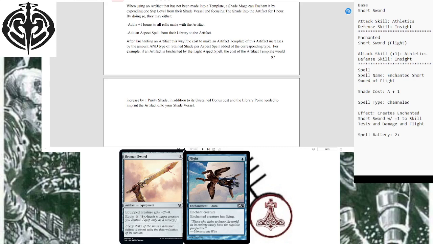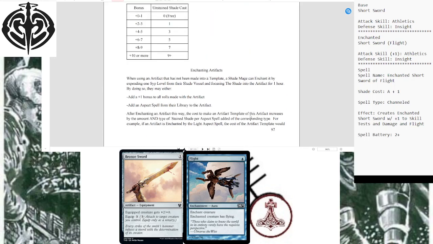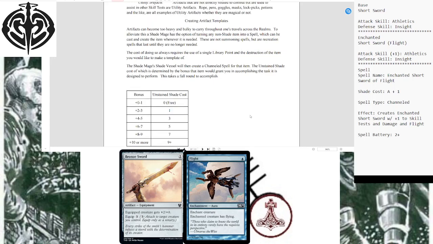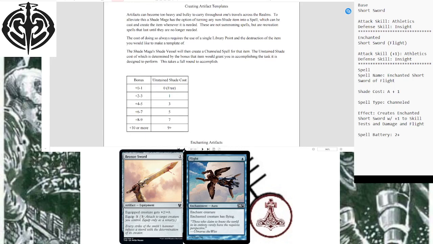Like there's nothing to stop you from doing this. So this is just the in-depth version of explaining how to go. What's important is you need to remember when creating an artifact template that your spell